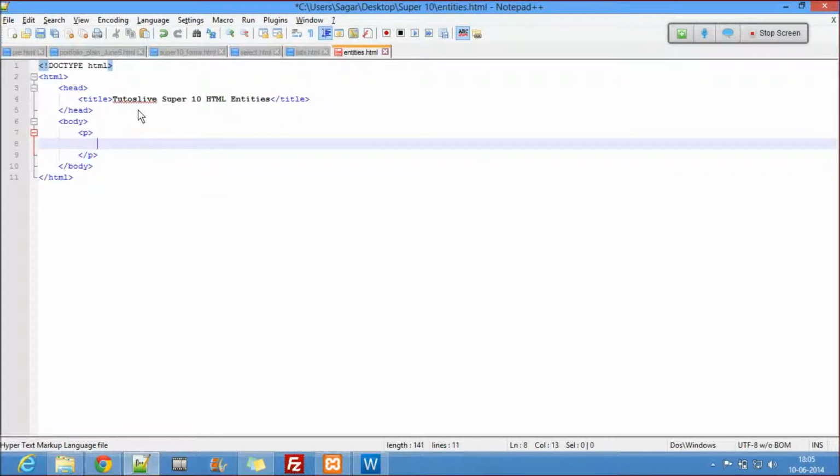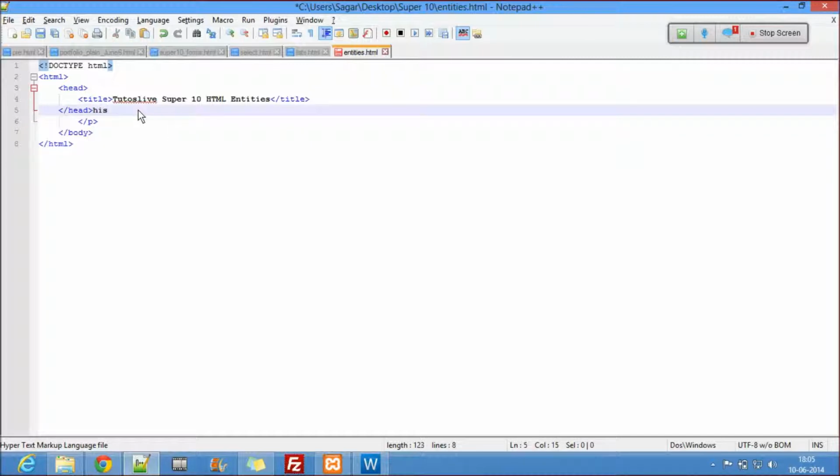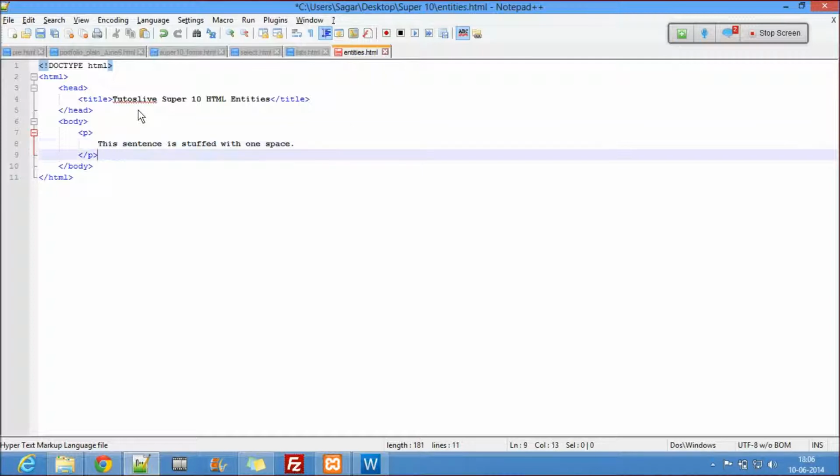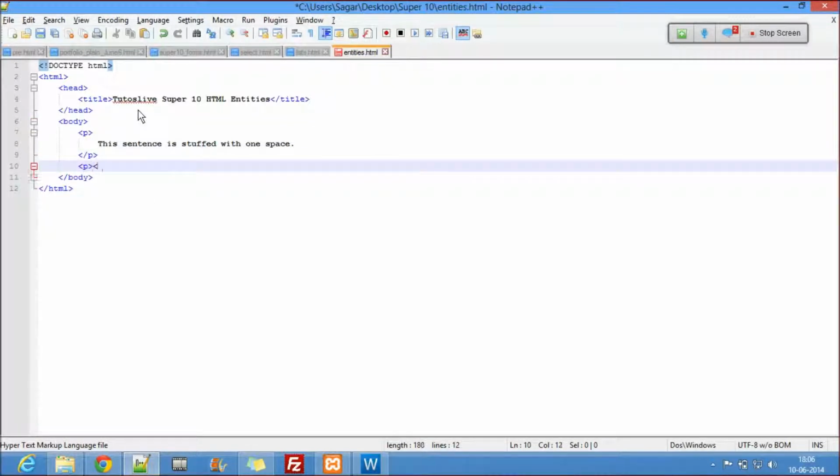Okay, paragraph saying this sentence is stuffed with one space, let's say one space. Okay, then I'm gonna write one more paragraph here.